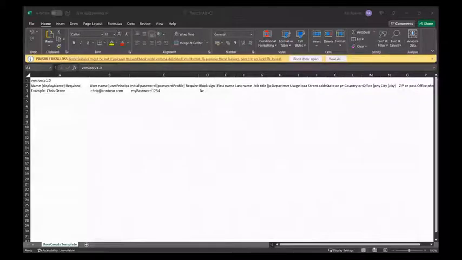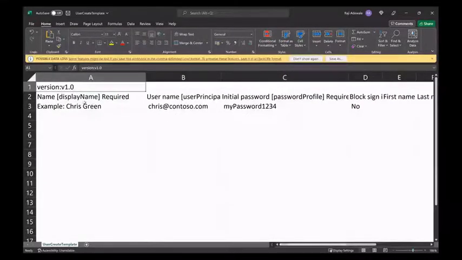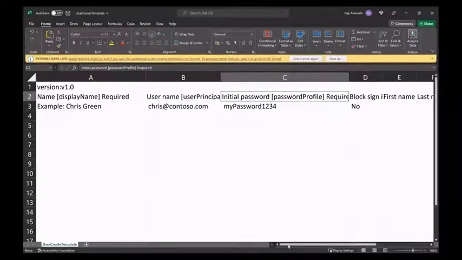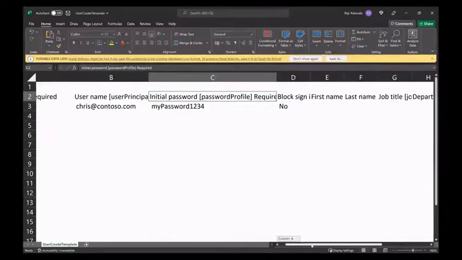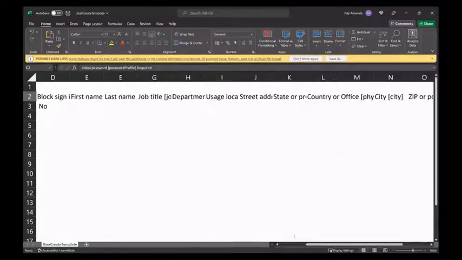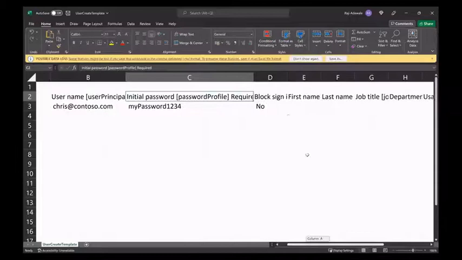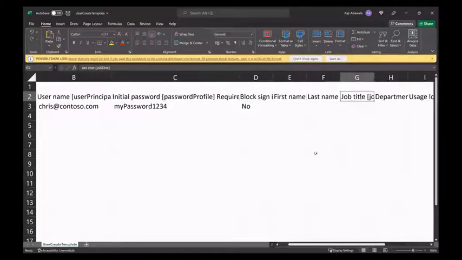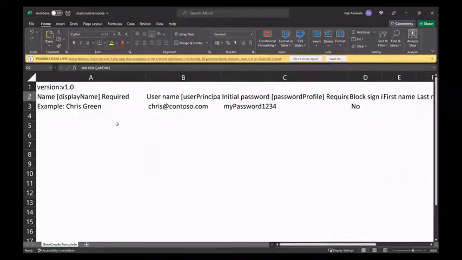Yes. Okay. So you can see your display name, the user principal name, the initial password. If you want to enable sign-in or probably block sign-in by default, you put it there. What will be the user's first name, last name, job title? At the minimum, the required fields for you to go ahead will be the display name, the user principal name, which can be the email address, the initial password, and if sign-in should be blocked,